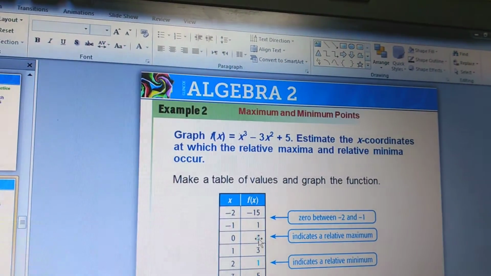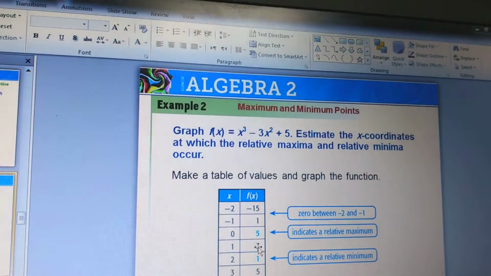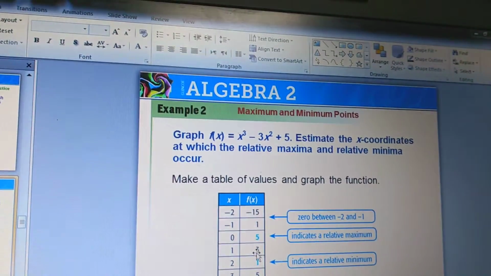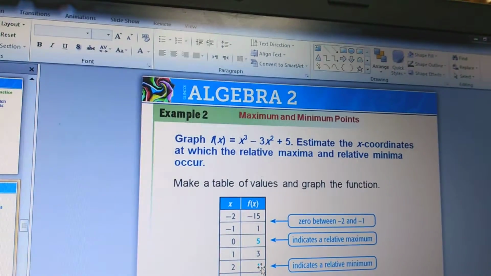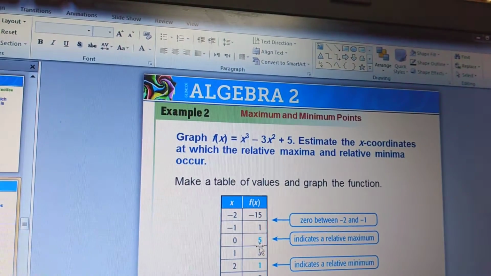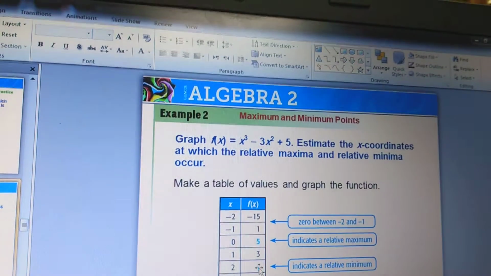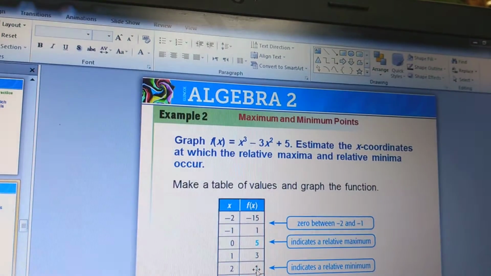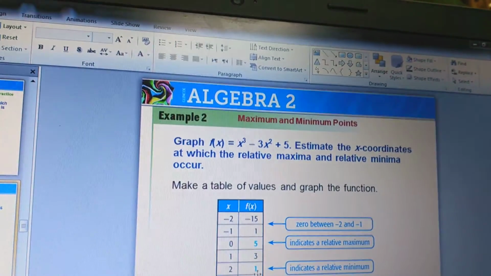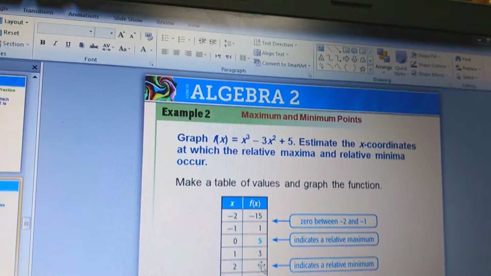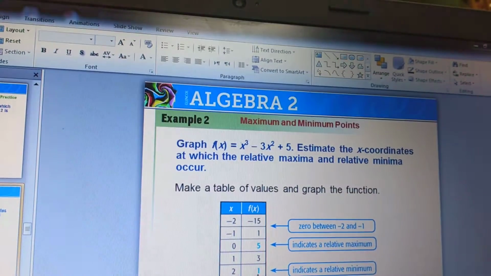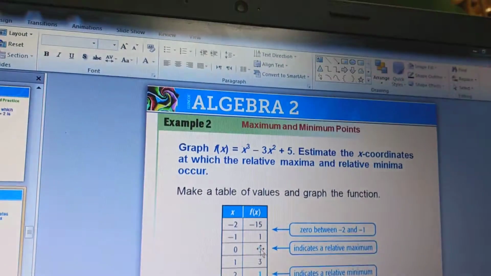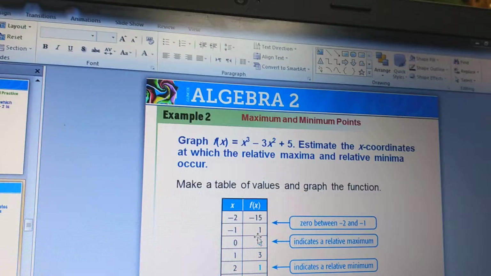Here we complete 5, then 3, then 1, then 5. You see this one? 1 is less than 3 and 5. This means the graph here is decreasing, 5, 3, 1. After 1 it becomes 5. This means it's going down. After it gets 1, it goes up again. When the two values beside 1 are more than it, this means 1 will be what? Minimum. It's very simple. You only see the number you have